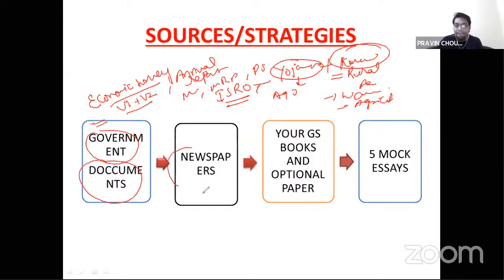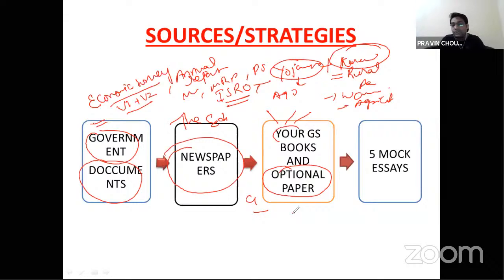Then a newspaper. Every day you read a newspaper. There is no need to read 2 newspapers. You can read The Hindu newspaper and the editorial of The Hindu. That will be substance to gather important content for your essay writing and for your GS purpose also. So you can read a newspaper every day. Your GS books and optional paper are the best source for your essay writing. See the diversity of subjects in the GS paper, plus your optional paper, whether it's geography, history, political science, anthropology, philosophy, psychology, sociology, whatever your optional subject,